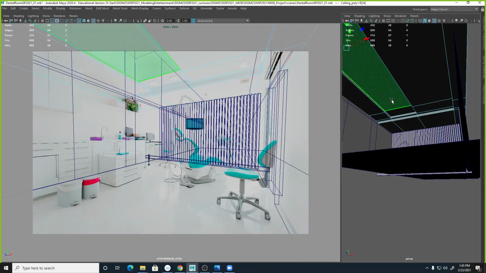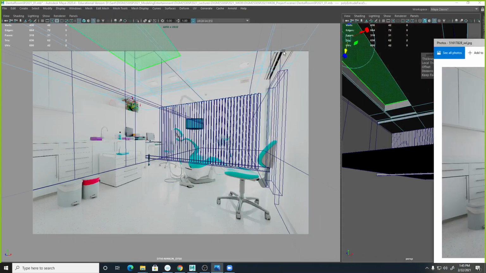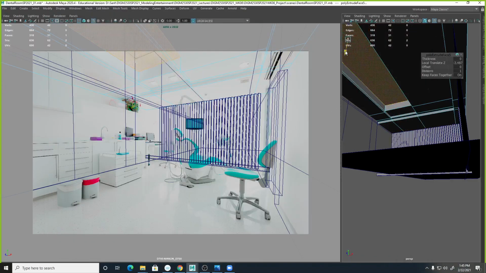these faces right here, extrude, and then I'm going to push up again. And I think it's right there. So just eyeballing it, it's like that height from here. And okay, so now